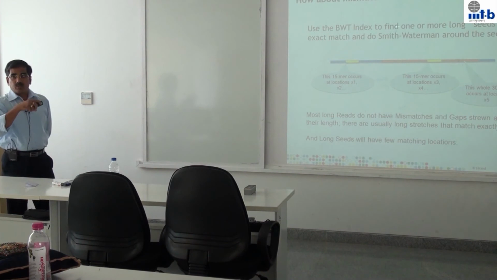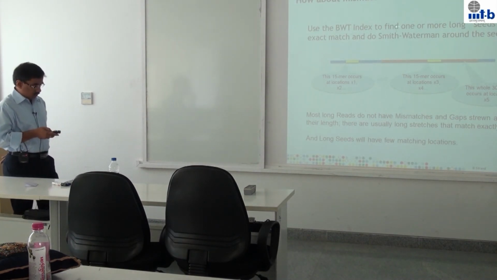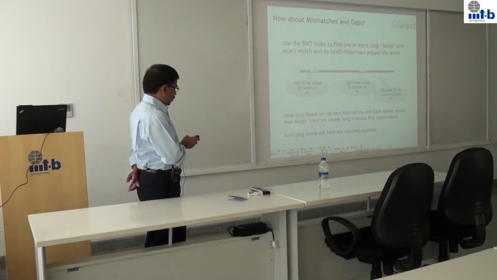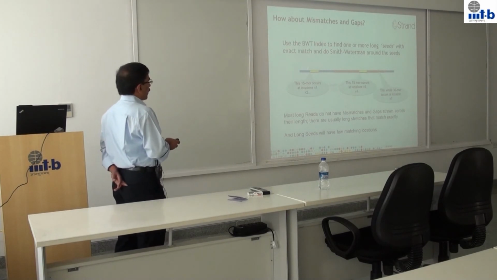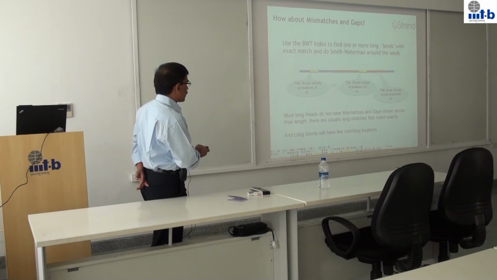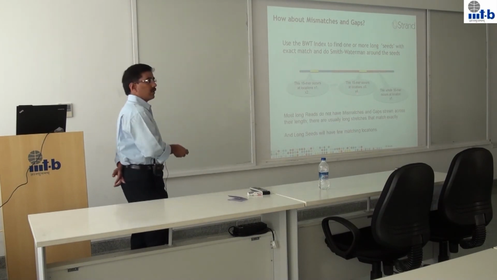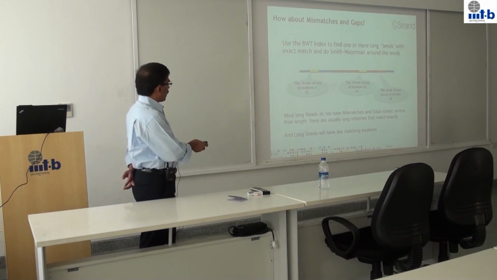But all that we have done so far is exact match. Given a string, we will find if there is an exact match in the reference, we will know where the exact match is present. But in our case, we need to see how to handle the gaps and mismatches. So what we do in this case is, from the read, we find substrings of the read which have exact matches in the reference. For example, in this read, there's a 15 base substring which has exact matches at various locations in the reference. And likewise, this 15 base substring has exact matches at multiple locations. And likewise, this 30 base substring has only one match.